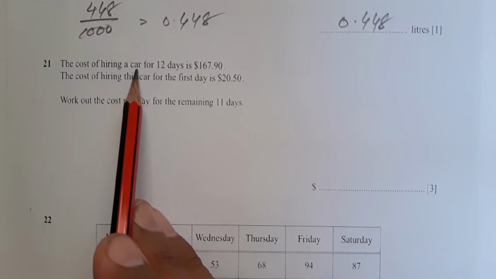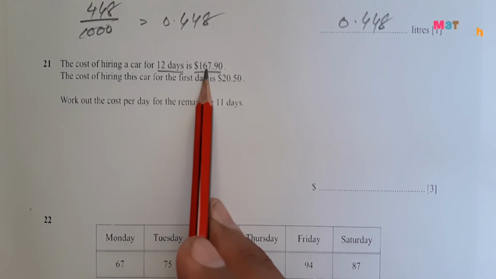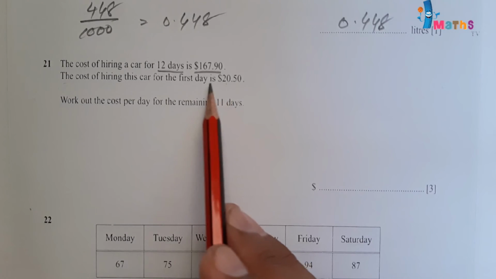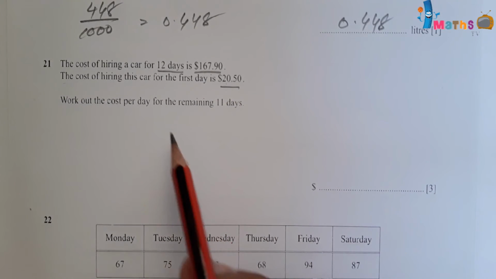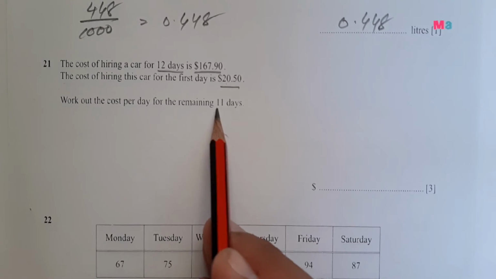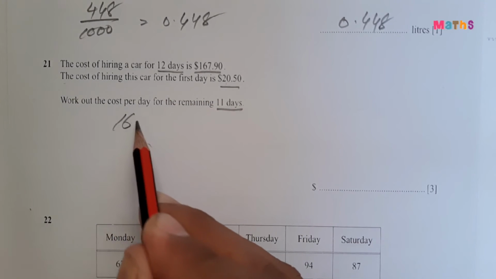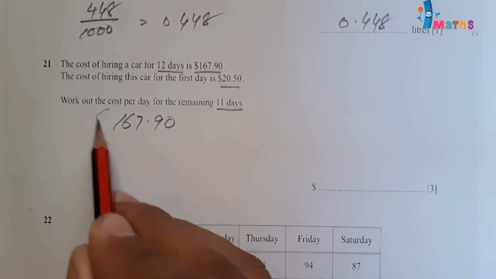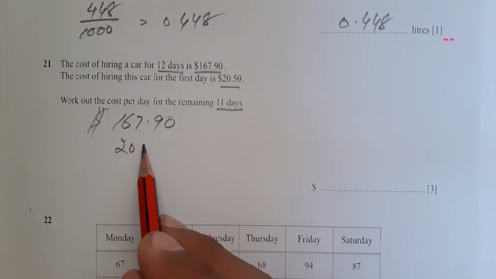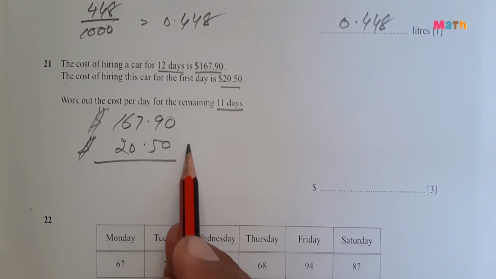Question number 21. The cost of hiring a car for 12 days is $167.90. The cost of hiring this car for the first day is $20.50. So work out the cost per day for the remaining 11 days. For 12 days it is $167.90. So we will subtract this amount, $20.50, and after subtraction,